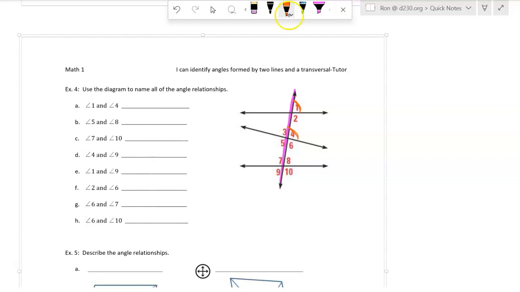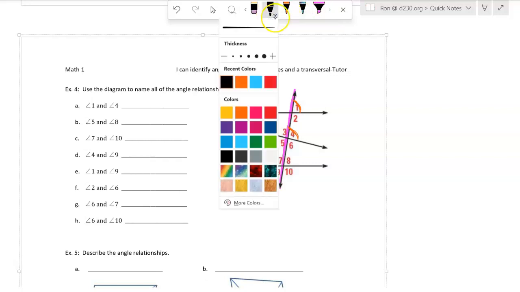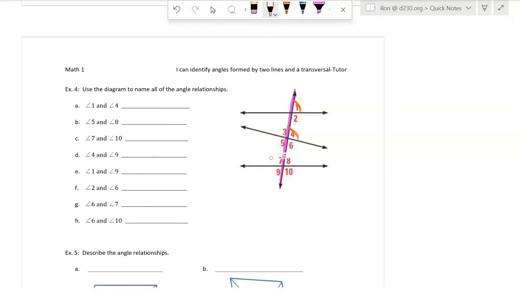If I were to ignore this bottom part and basically erase it and focus on that, notice what we have here. Same side of transversal, one exterior, one interior. Those would be corresponding